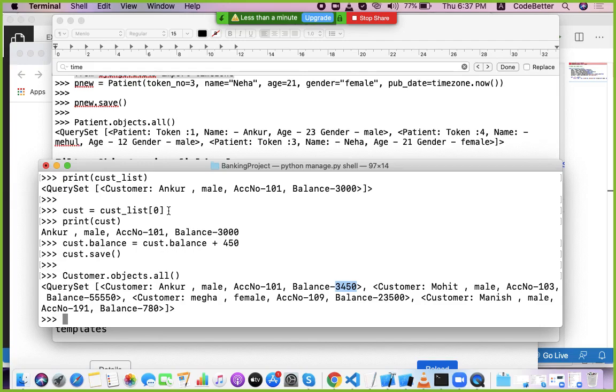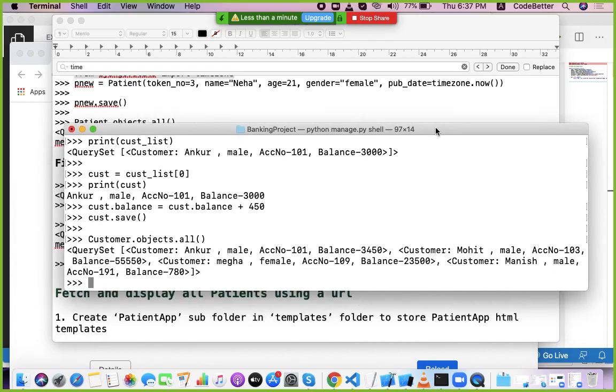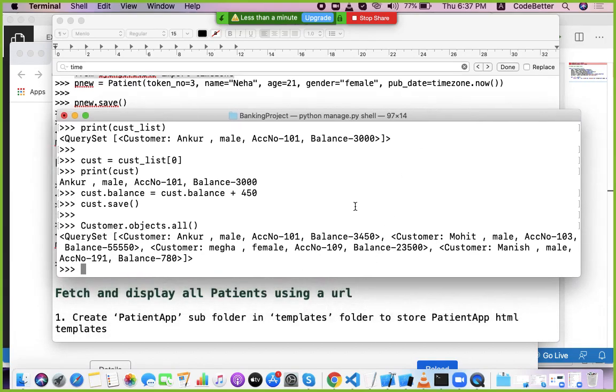Okay. So this is how you can update the content of a record, just by fetching that particular record and updating any attribute of that record. These are the basic operations we can perform. There are so many others, and I will share the docs also. This is the basic idea: from the Python shell you can fetch, insert, update and delete the records of the Django database.